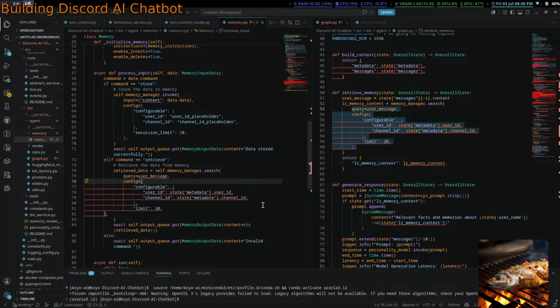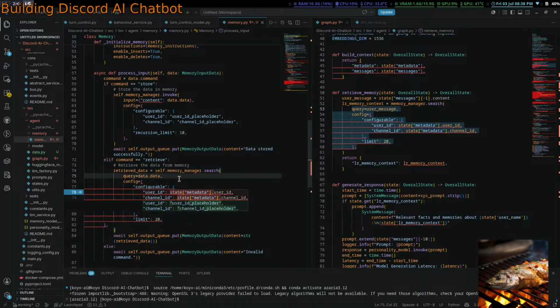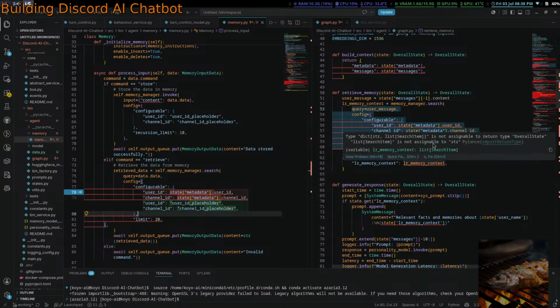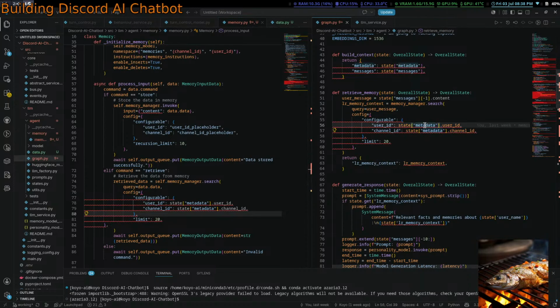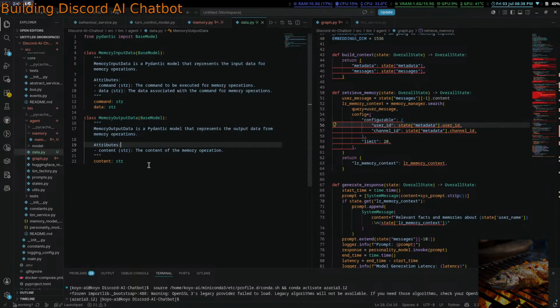I also need all of that, right? No, I don't. Query equals data.data. Wait, yeah, okay, so we definitely need actually the state. Data state any.